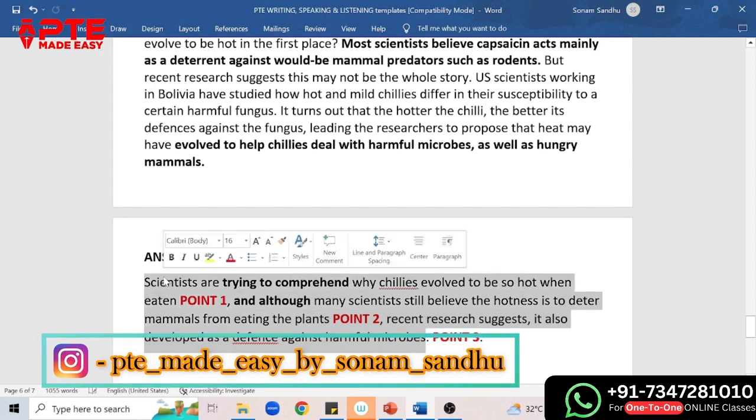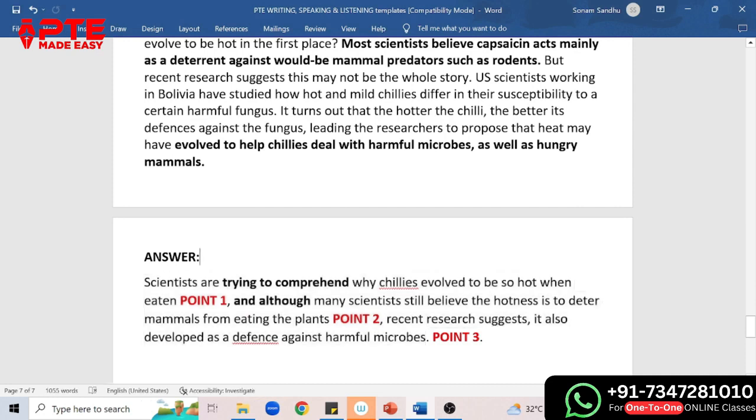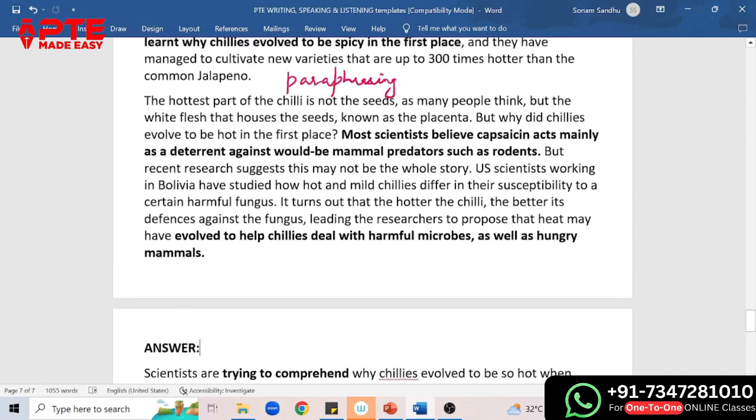The total number of words here will be somewhere around like 44 because we are going to remove point 1, point 2. So somewhere around 40 words. Okay. So it is possible to write one single sentence in 40 words. Try using the same method. Look at the connectors I have used. Look at the way I have used synonyms, trying to comprehend. Okay,